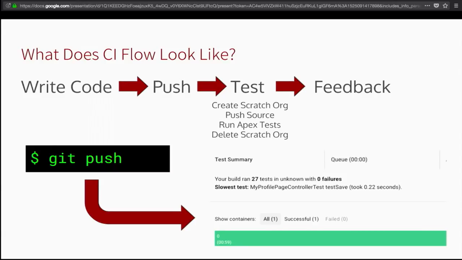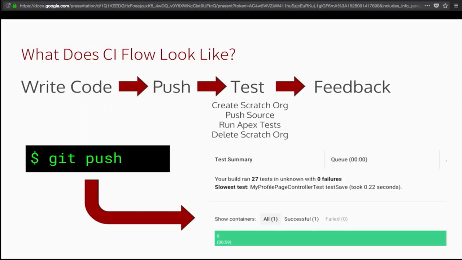So we've got a brand new Salesforce instance that lives up in the cloud somewhere that has all of our work on it. And we're going to run our Apex unit tests against that scratch org, not against one of our long-lived sandboxes, not against a developer sandbox or an integration sandbox, worst of all, or against production. It's going to all take place in this scratch org.